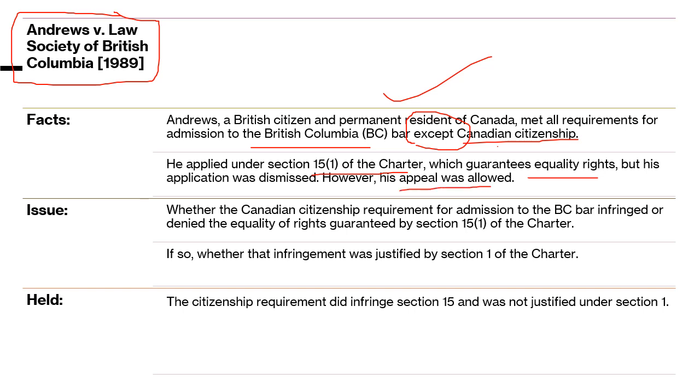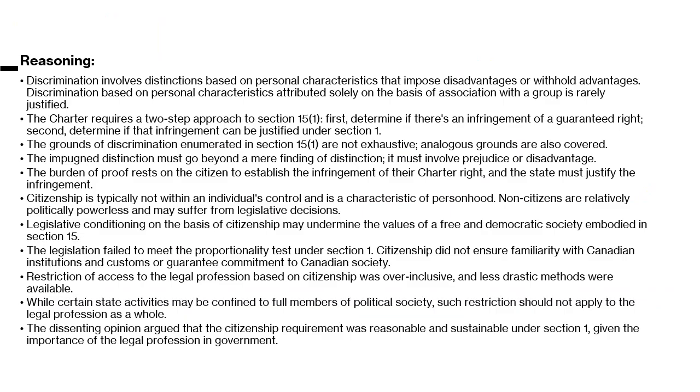So the issue was whether the Canadian citizenship requirement for admission to the British Columbia Bar infringed or denied equality rights granted by Section 15. If so, whether this infringement was justified by Section 1 of the Charter. The citizenship requirement did infringe Section 15 and it was not justified under Section 1. So what was the reasoning behind this? So firstly,